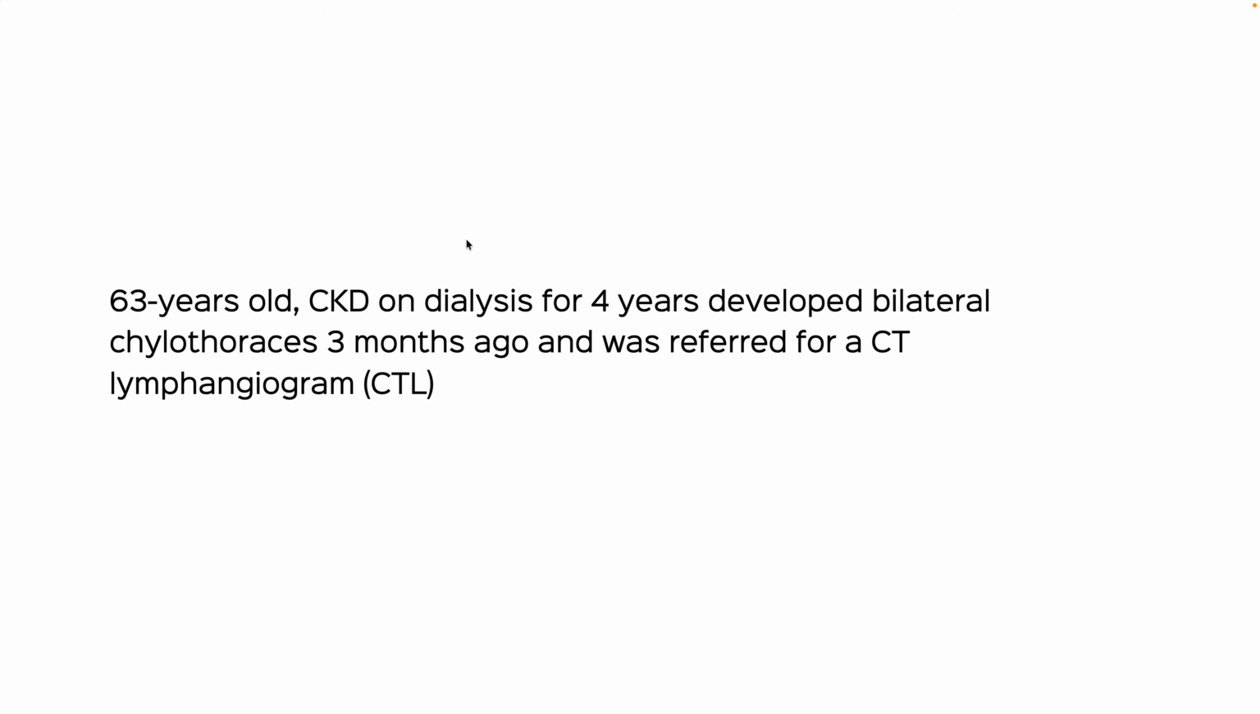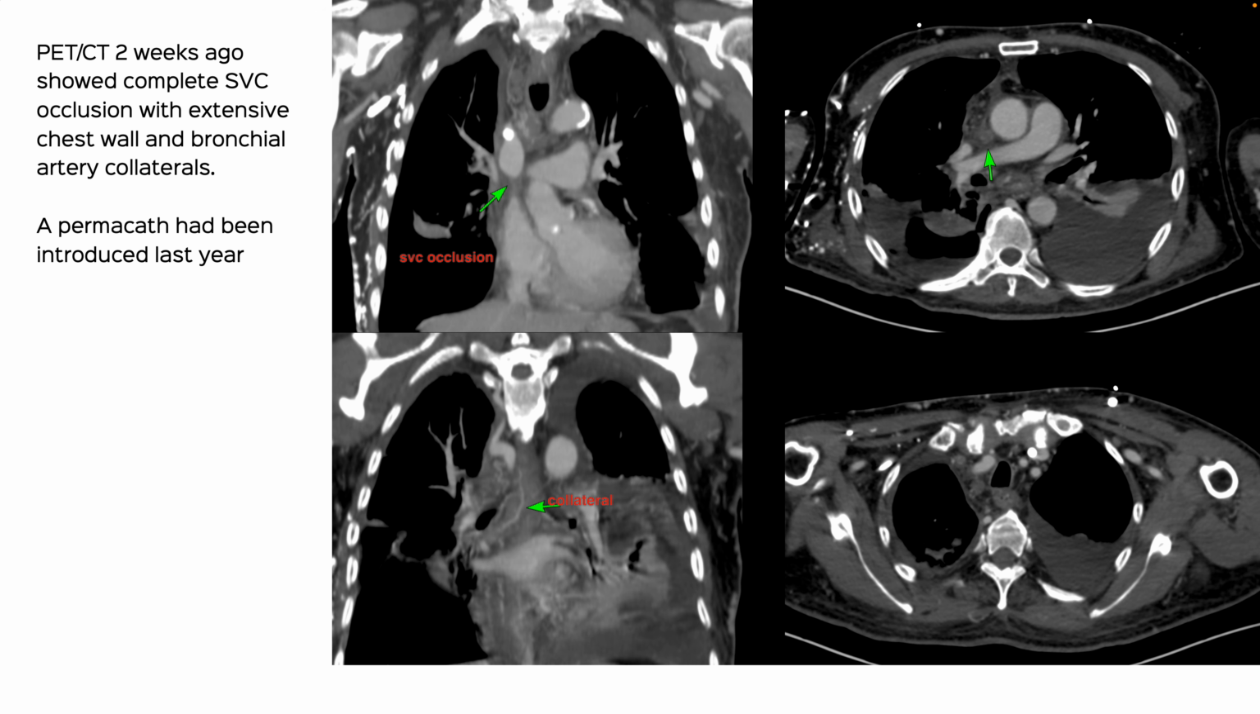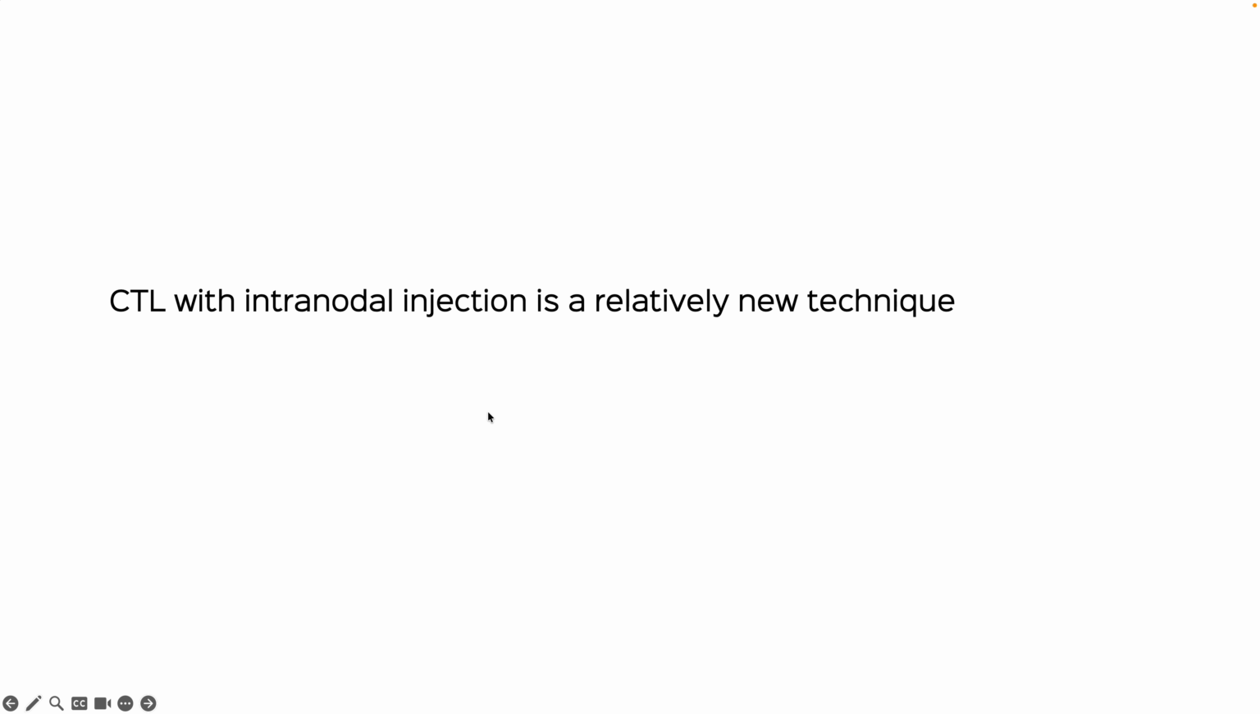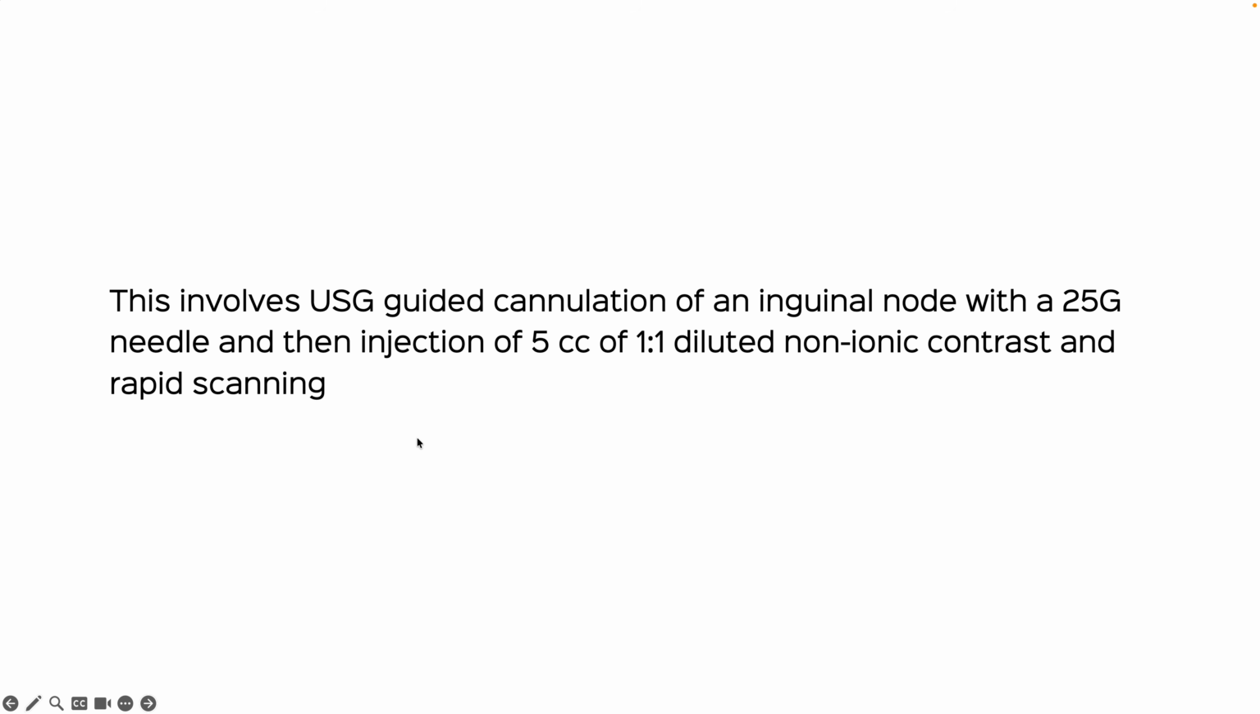A little something new. This is a 63-year-old CKD on dialysis, had bilateral chylothorax 3 months ago. Patient had a permacath that was introduced last year, and we can see this stenosis of the SVC and multiple collaterals here. And they wanted a lymphangiogram. Now, there are various methods of doing a lymphangiogram, and these are all very complicated. But in the last 5 years, this technique has been introduced, CT lymphangiography with intranodal injection, where you typically cannulate